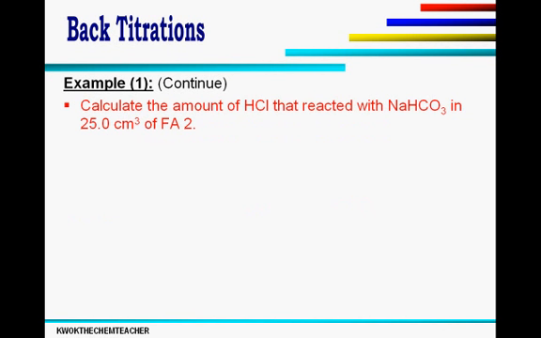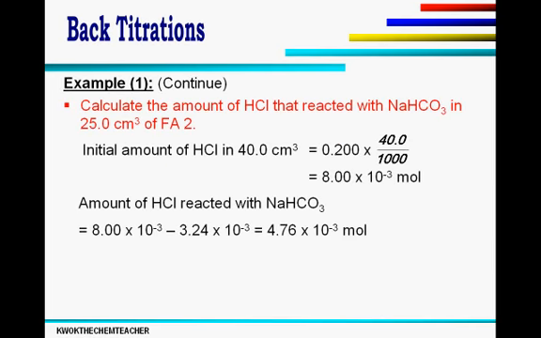Calculate the amount of hydrochloric acid that reacted with sodium hydrogen carbonate in 25.0 cm³ of Fa2. We first require the initial amount of hydrochloric acid used. We have used 40 cm³. Multiplied by its concentration, we obtain the initial amount of hydrochloric acid in 40.0 cm³ solution. The amount of hydrochloric acid reacted with sodium hydrogen carbonate will simply be the original amount of hydrochloric acid minus the excess amount of hydrochloric acid,